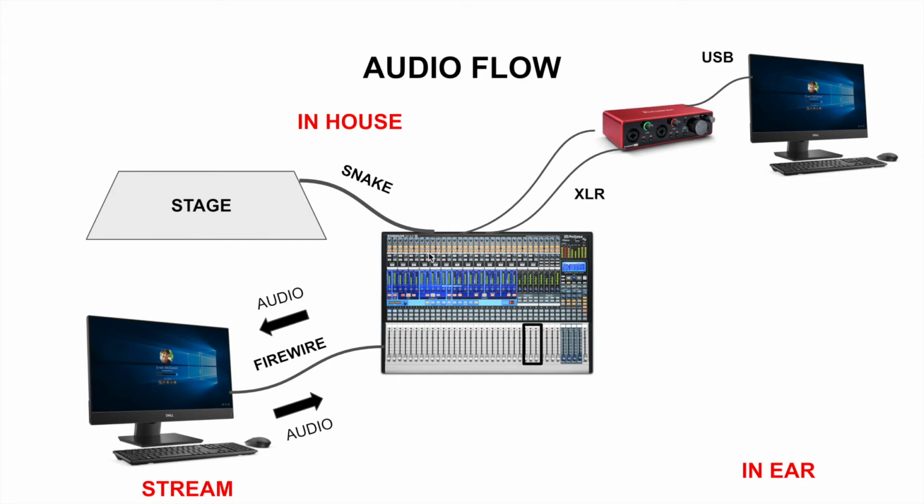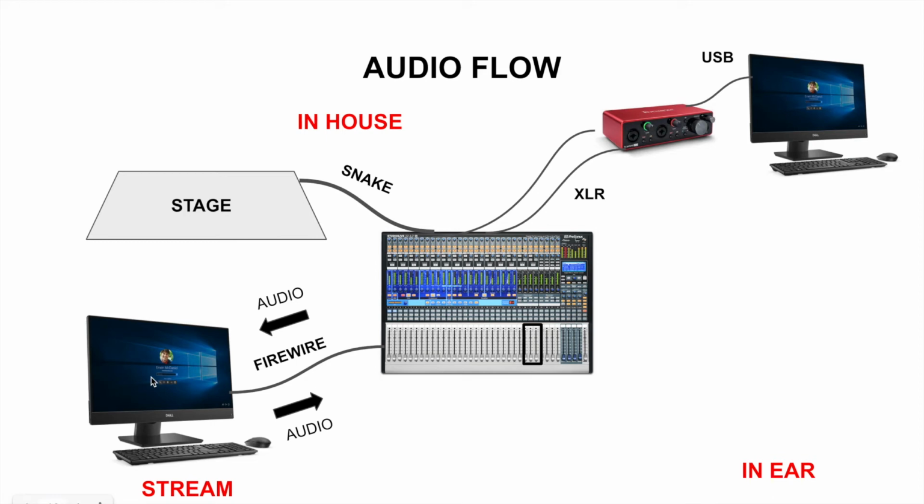So, like I said, this board is able to send a 1-for-1 representation of each of these channels over this FireWire connection into the back of the computer, and then the computer is able to interpret all that stuff, and as we add channels inside our recording software, it's able to decide, okay, this channel 1, I want you to listen to channel 1 over here. Channel 2, I want you to listen to channel 2. And then we're able to add effects in there, add EQ on a channel-by-channel basis, that way we can make the decision that's best for each channel inside the stream, independent from what we're doing over here in the in-house